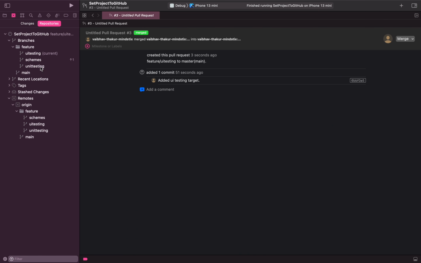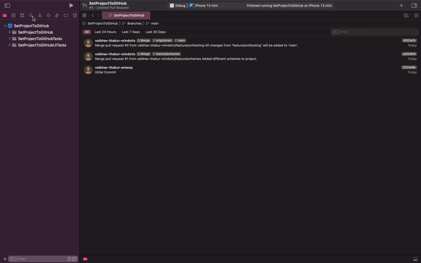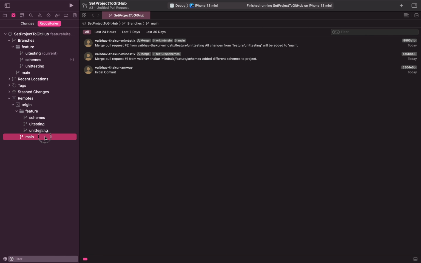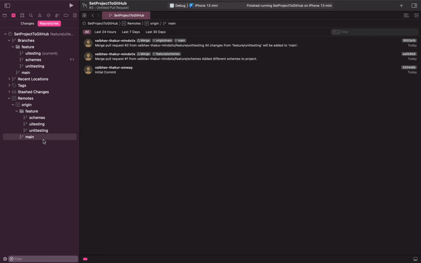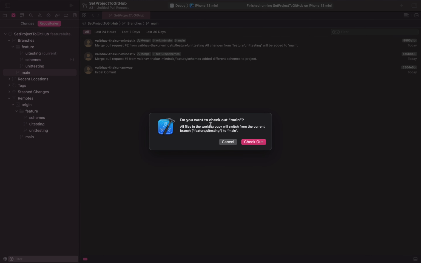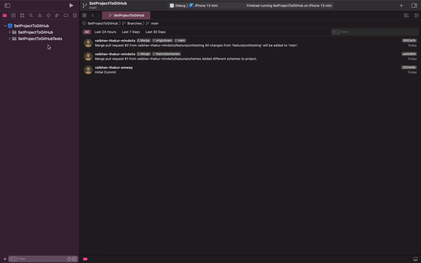But when I go to the main branch from the remote branch, I need to check out to this branch, and when I check out and go to the project navigator, we cannot see the UI testing target.